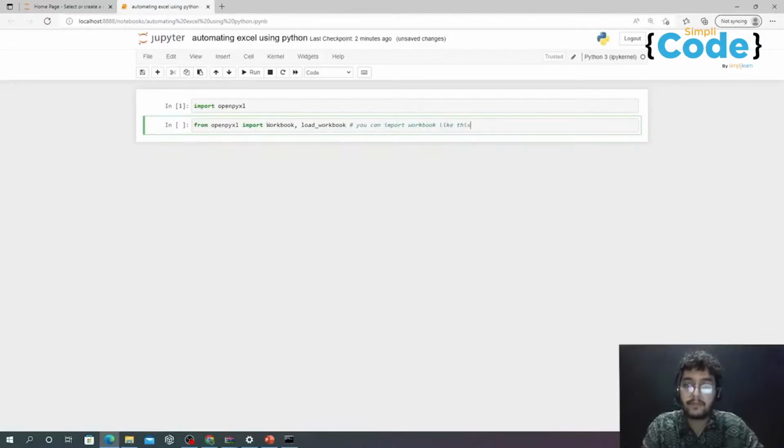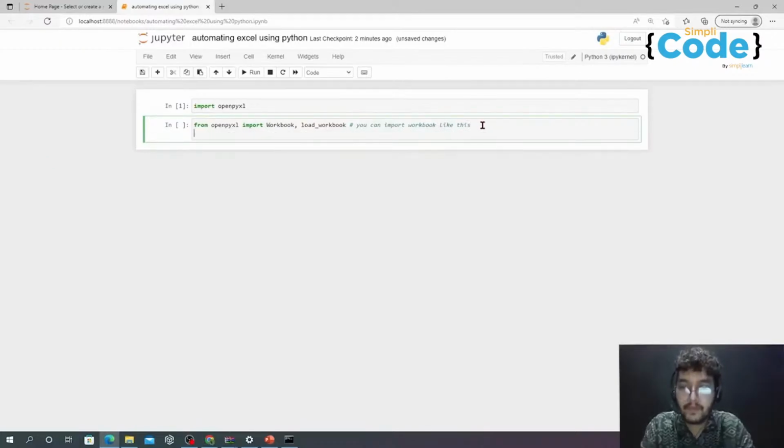So let me import the workbook then. I have to write wb for workbook equals load_workbook, and then the destination of the workbook. The destination is on the desktop. So I have to write C:\Users\LP\09375